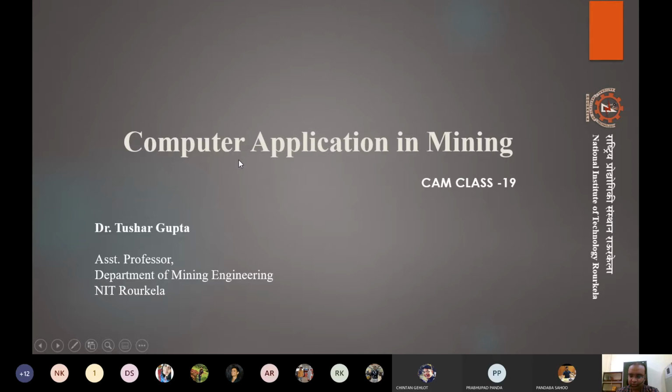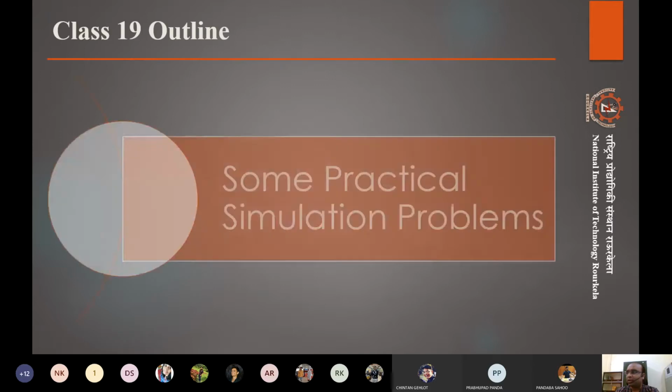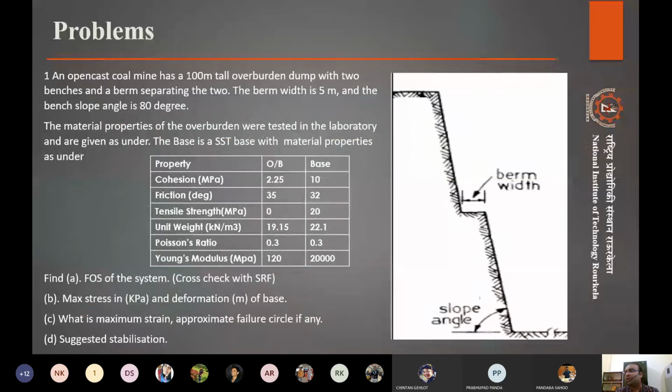Today we have a very simple practical problem, which is basically an opencast mine slope or opencast dump slope. Someone asked about the berm in the last class. Actually, what you were saying was correct to an extent, and I was also missing the term.